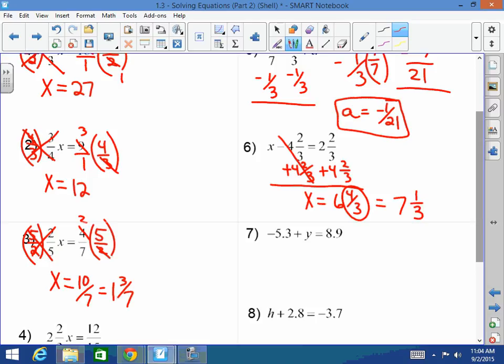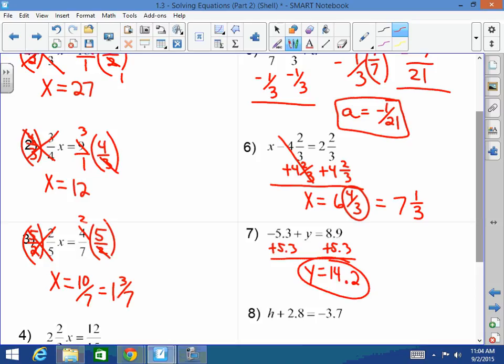Negative 5.3 plus y equals 8.9. So I get rid of subtraction with addition. I get rid of a negative with a positive. So I add 5.3 to both sides. And y equals 2. Bring the decimal, carry the 1,